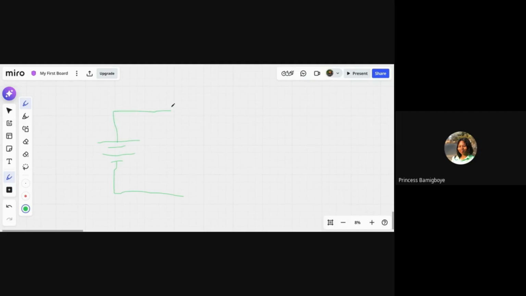So this is my battery, this is my LED, this is my resistor. I'm sorry that this drawing is very small. And then this is my ground. Right? Okay.